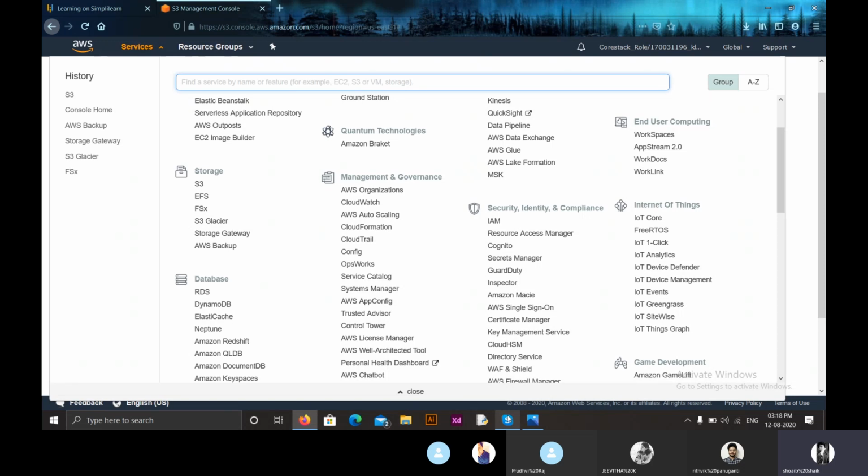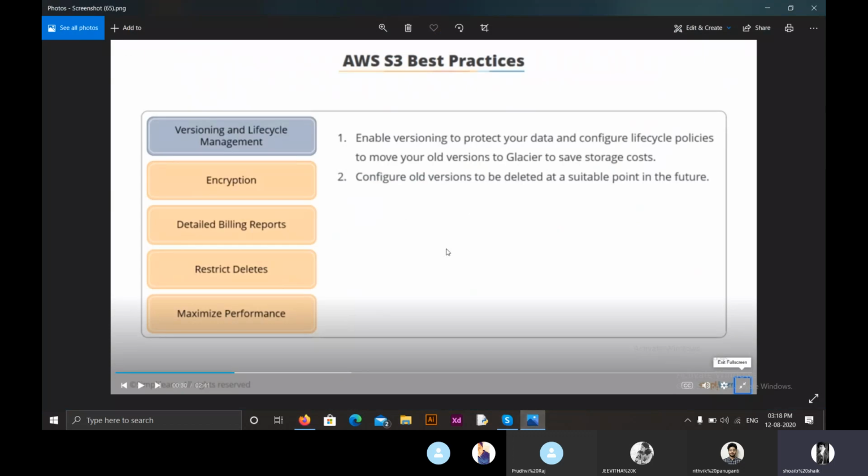Coming to best practices, there are 5 best practices we must follow to maintain a perfect Amazon S3 simple storage service: versioning and lifecycle management, encryption, detailed billing reports, restrict deletes, and maximize performance. Version control is used to retrieve accidentally deleted data, and lifecycle management is used to maintain low cost, that is, to transfer data from one type to another.